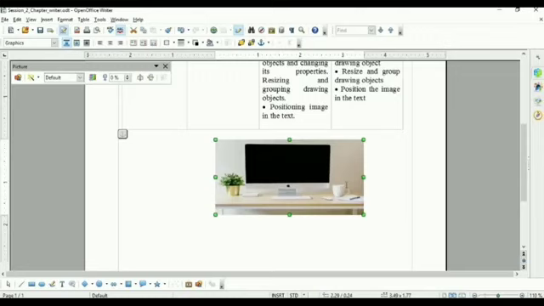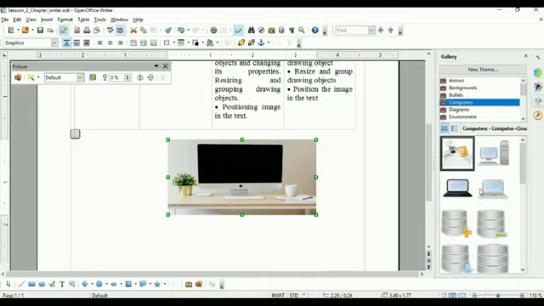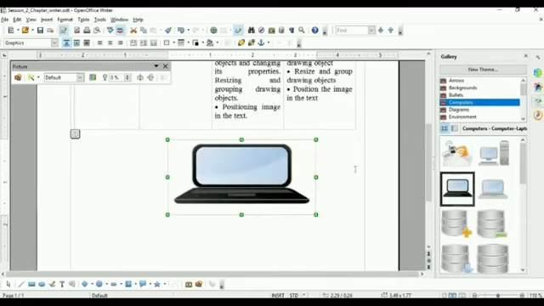Suppose I want to insert one more picture from the gallery. So what I do is go to the right side of this Writer window, click on the Gallery option, and select the gallery. From the gallery you have to choose which picture you want to insert. I want to insert a computer picture. Select this one, the computer, laptop, black. Select this, right click, Insert and then Copy. Once you click on it, you will see the picture is inserted in your document.